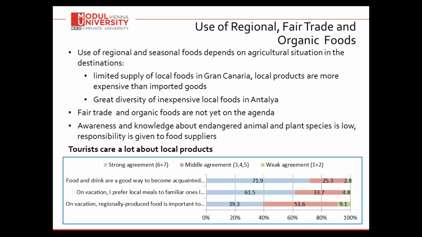So I'm going to present now, in the remaining time of my presentation, the key results of our research for the hotels in Gran Canaria and Antalya, and also of the customer survey. So you see here the results when we look at the use of regional, seasonal, organic and fair trade foods. The hotel representatives who were interviewed value local food very often and perceived its quality higher than imported food. However, the two destinations which we have investigated show very different results with respect to the use of this local